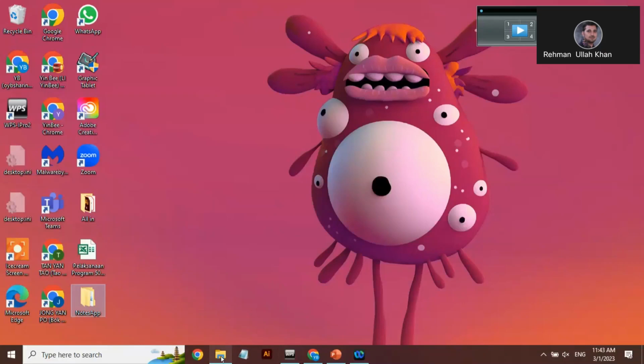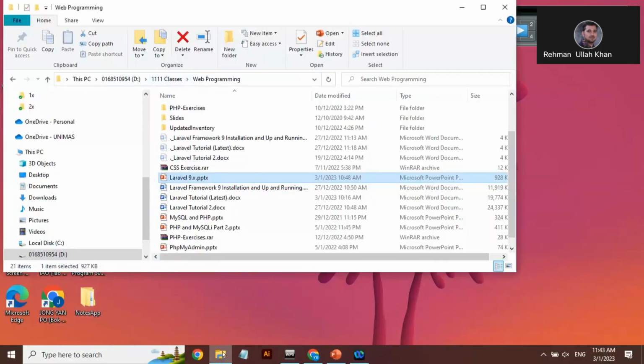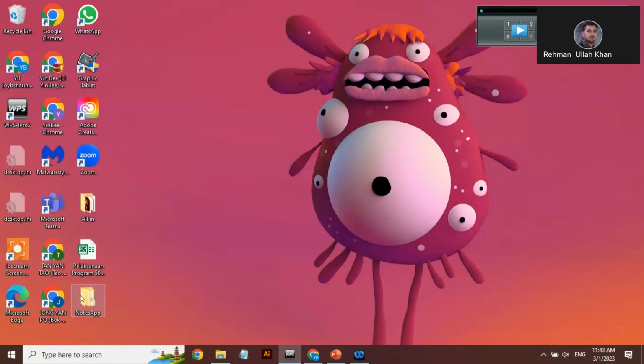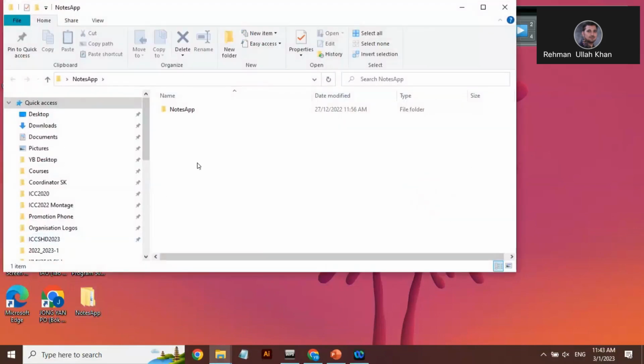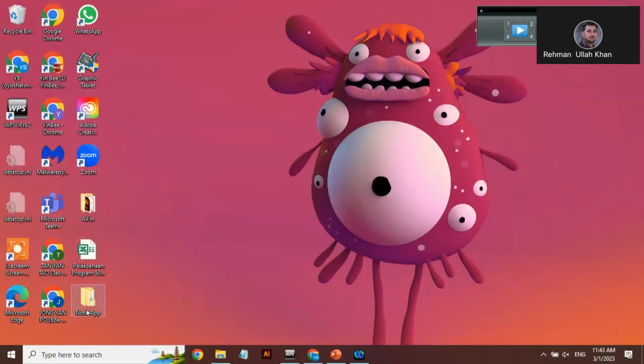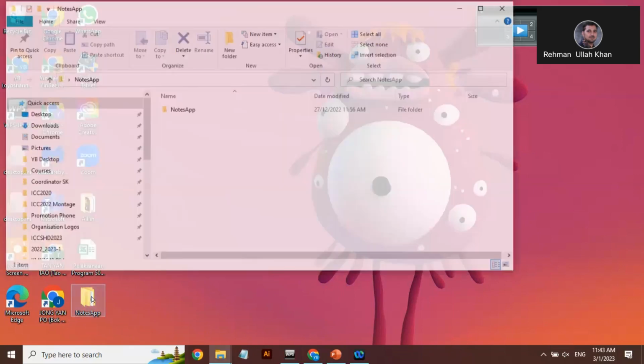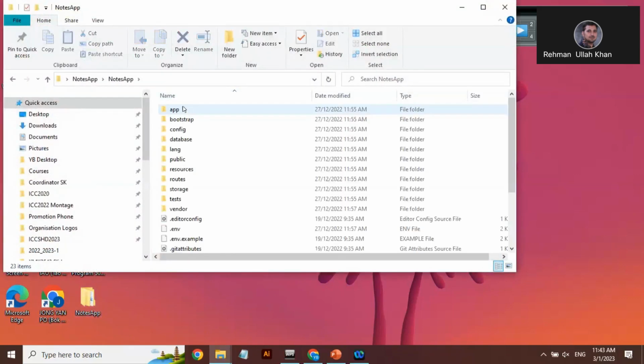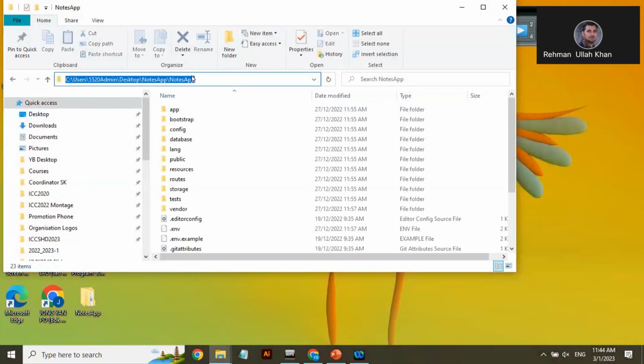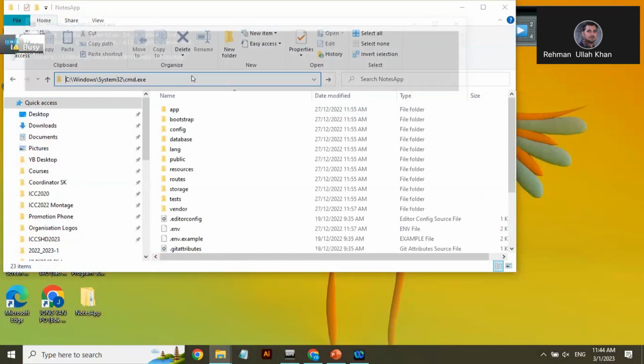So let's repeat once again. The folder that you created in the previous class, in my case, I have on my desktop, notes app. If your case is also the same, you see I have two folders with the same name. You see notes app, and inside this again notes app. Go to the internal folder first. Once you reach there, in the URL type cmd, and here we need to start the Laravel